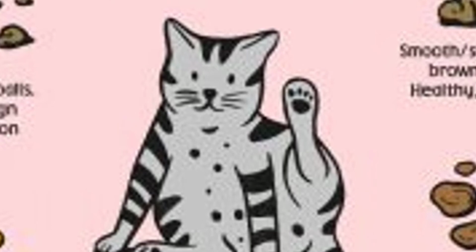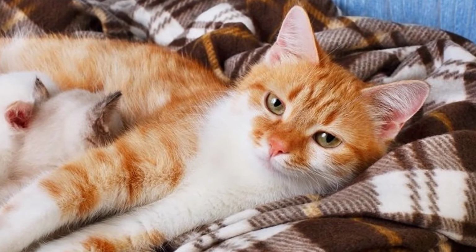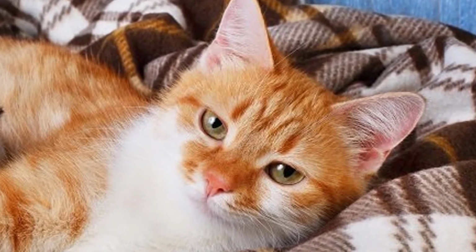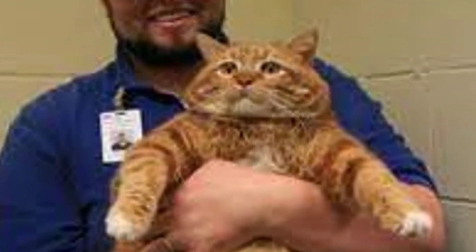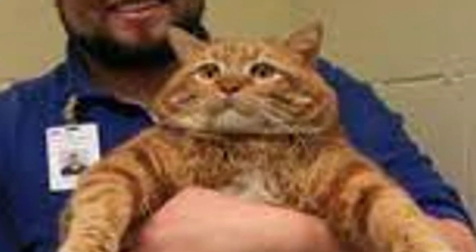Palpation of the cat's abdomen. Your veterinarian may be able to feel your pregnant cat's fetuses by palpating and gently pressing on her abdomen. This typically happens around the 17th to 25th day of pregnancy. Ultrasound of your cat's abdomen. An ultrasound may detect fetuses as early as the 2nd week of pregnancy, and heartbeats may be detected sometime after